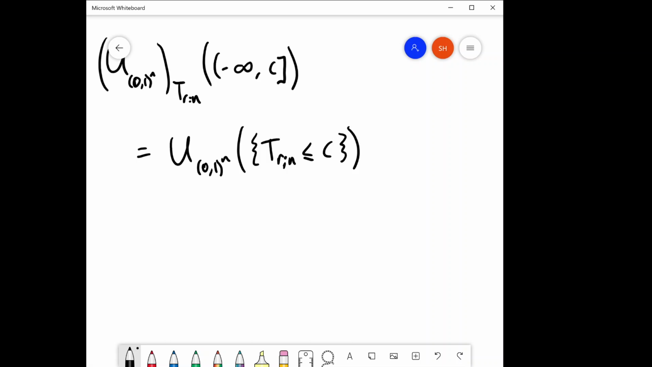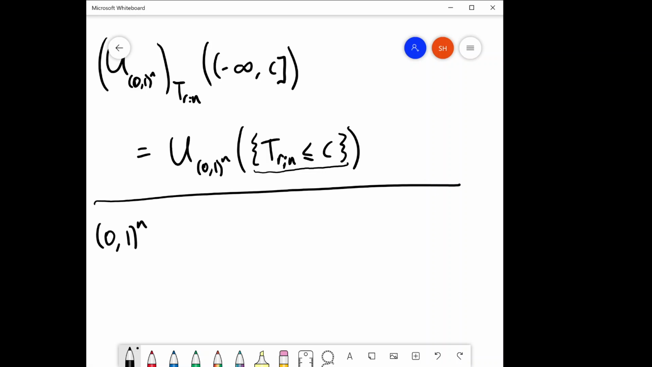Okay, and, well, this is the same as, yeah, no, let's just leave that as is now. So we're going to try to figure out what this set looks like. Okay, well, first of all, we can split. Let's leave that there. So the first thing to note is that we can split 0, 1 to the n